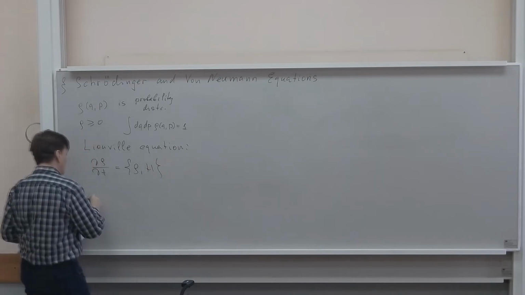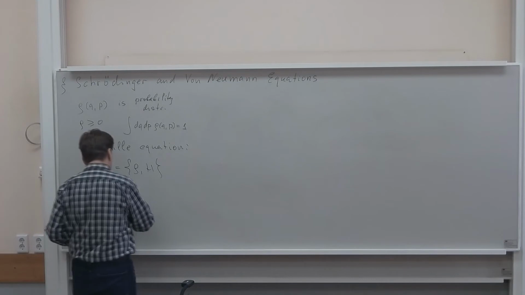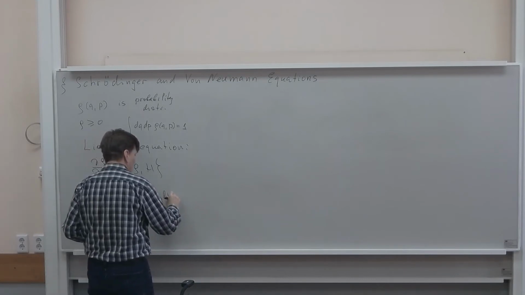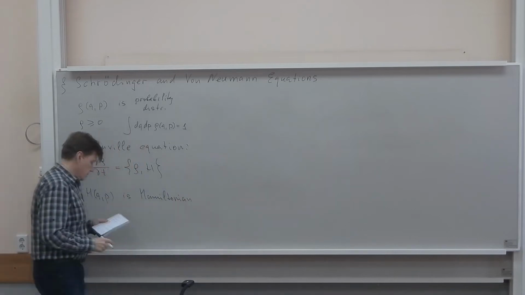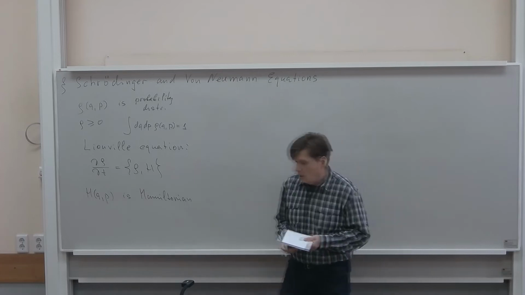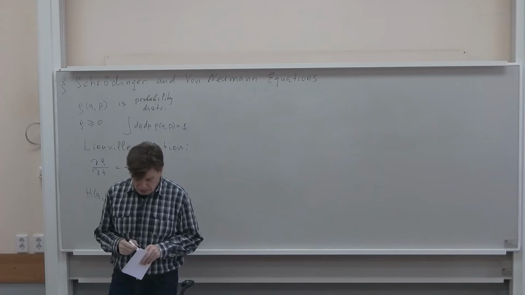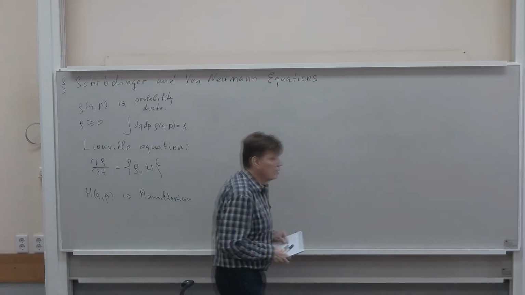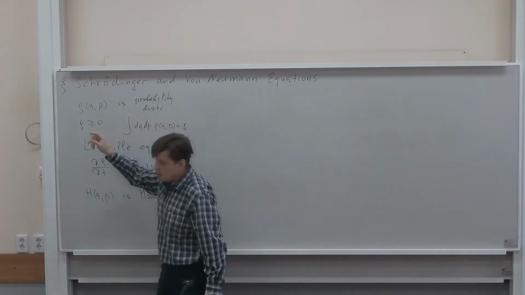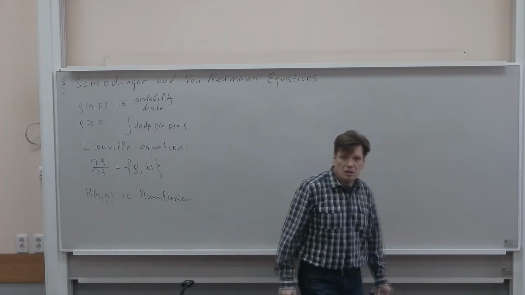Here H of Q and P is the Hamiltonian of the system. And as we established at the previous lectures, the right quantum mechanical counterpart of the probability distribution in quantum mechanics is given by